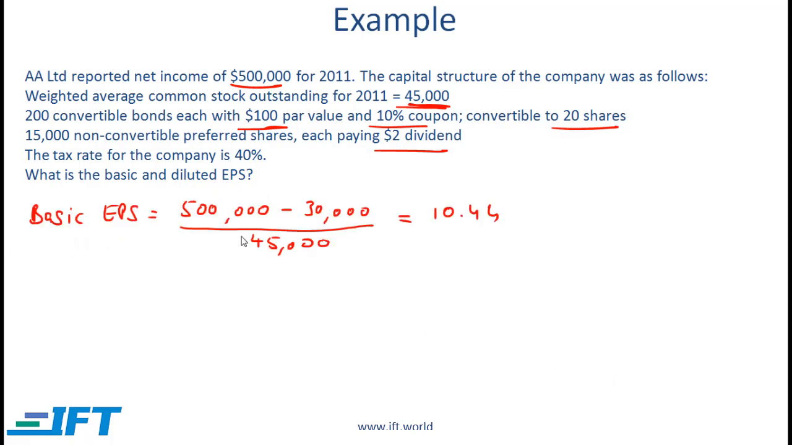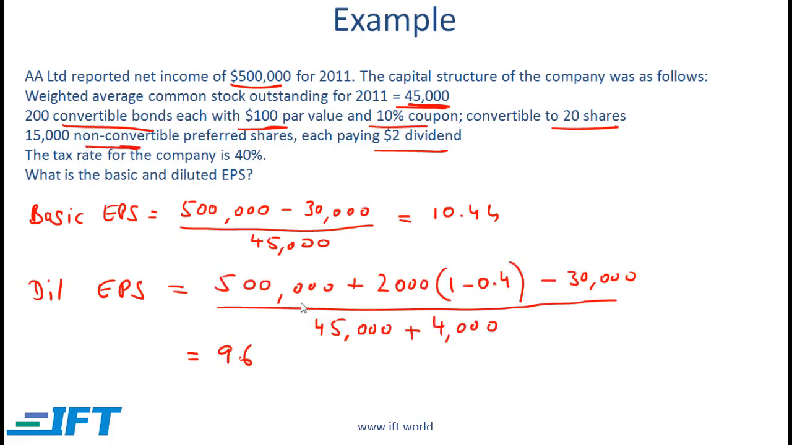The basic EPS is straightforward. It's the net income minus preferred dividend divided by the weighted average number of shares outstanding, and that is 10.44. The diluted EPS is a little more complicated. So we need to look at the income available to common shareholders, assuming that the convertible bonds are converted. Note that the preferred shares here now are non-convertible. We start with the net income, which is 500,000, and notice if the convertible bond is converted into stock, then